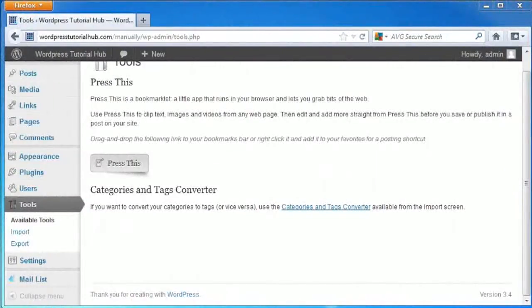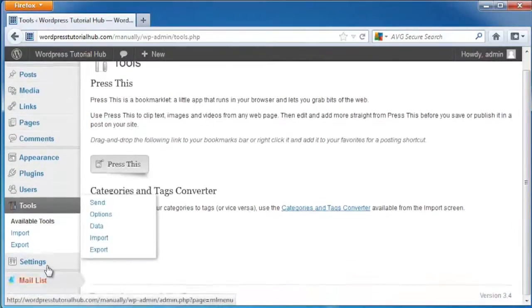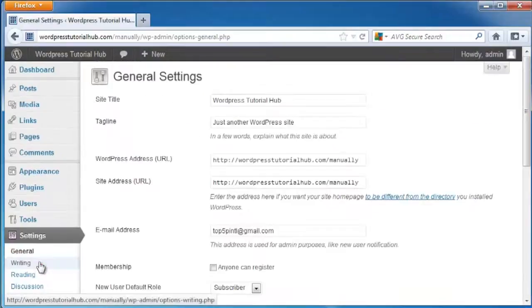For this tutorial, we're going to take a look at the general settings in WordPress. To get to those, we're going to be on the dashboard page, and we're going to go down to Settings. And this is just going to have the general settings for our site. So this will be things like the WordPress Tutorial Hub, which is my site title,